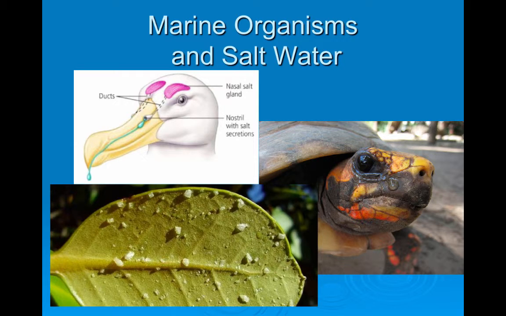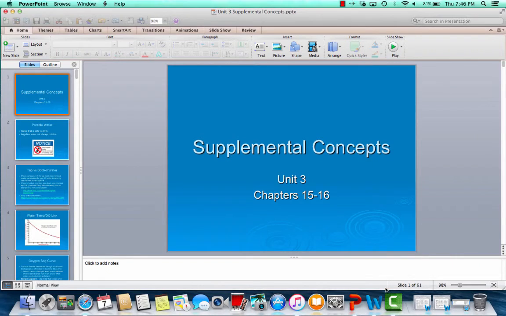This is a mangrove leaf. This particular type of mangrove ejects the salt out of pores on the bottom of the leaf. Upper left-hand corner, this is an albatross. Not only does it collect the salt and eject it out of its nose, it has a groove that directs the brine down its beak, and it drips off the edge. And then this turtle is not crying, it is letting go of salt. And that is the end of your supplemental material.